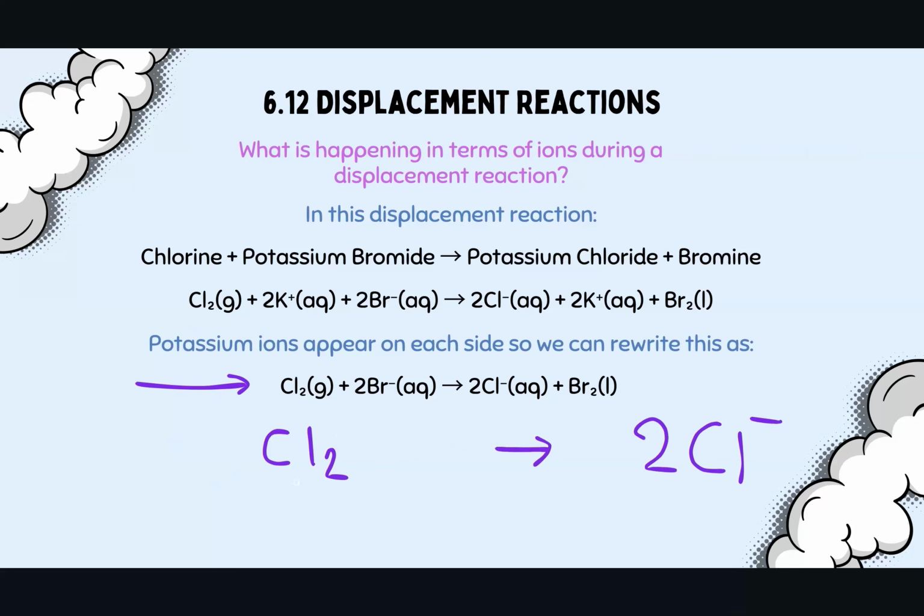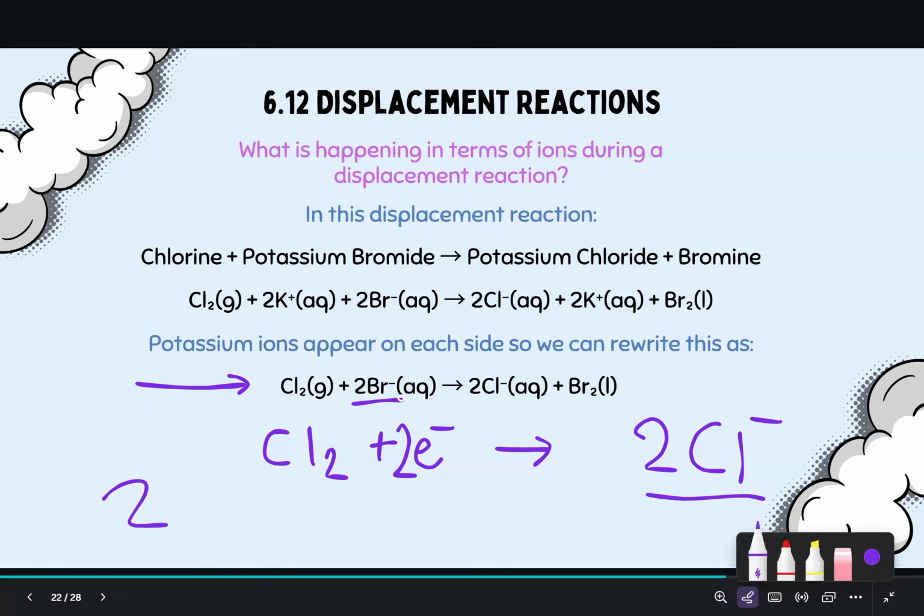Now, what has to happen to chlorine for it to become negative? From a chemistry perspective, what does an atom have to do to become negative? It has to gain an electron, and then it becomes a negative ion. So here, it gains an electron, or in this case 2, because we've got 2 chlorines, to become 2Cl minus. Now let's look at bromine. We have got 2Br minus, and it becomes